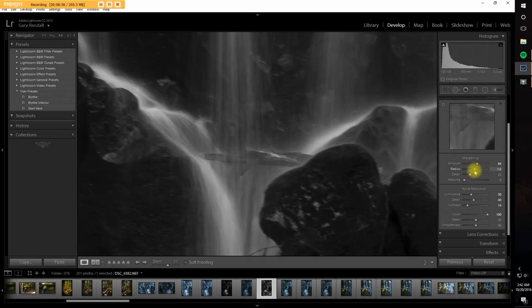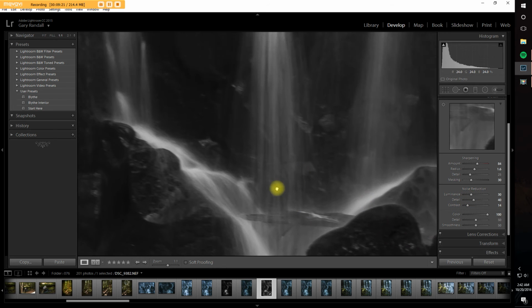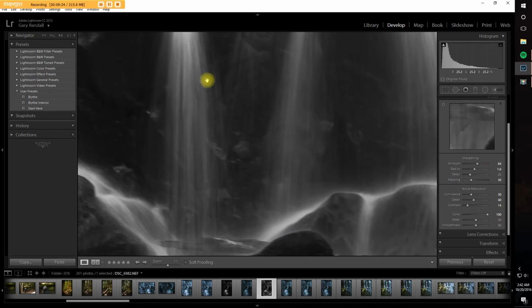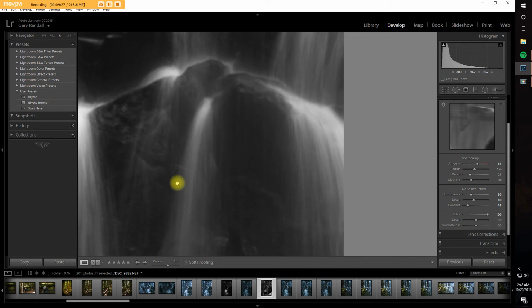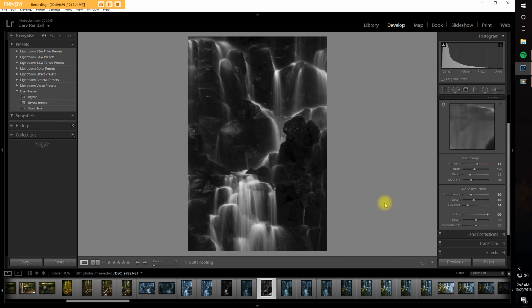I don't want to do too darn much, because then you start getting a little bit of texture and a little bit of fragmenting of the image in there. You can kind of recover some of it with the masking here. The masking will kind of take the sharpening away from the edges a little bit. And then I kind of like that. It's very subtle, even though I did it quite a bit, and I wouldn't typically do it that much, but in this particular image I did. All right, now you're seeing it's pretty good. I kind of like it, but it's still not quite the way that one was